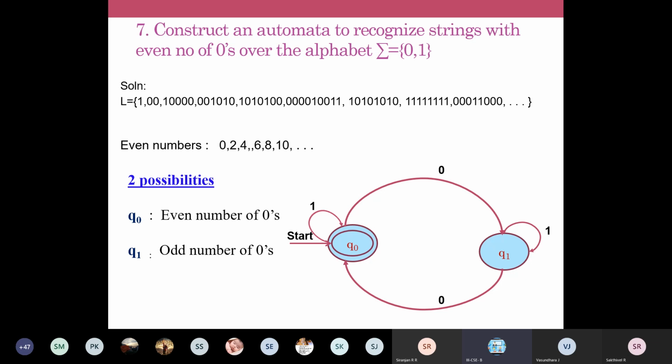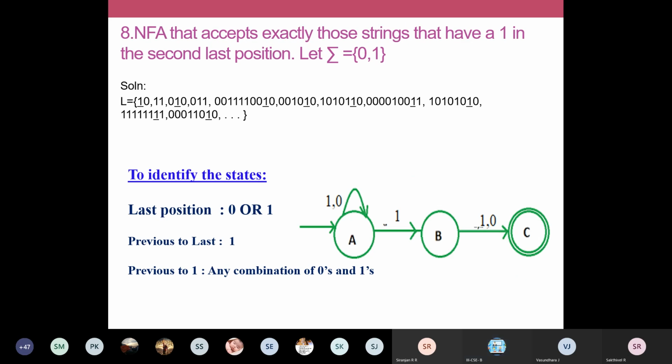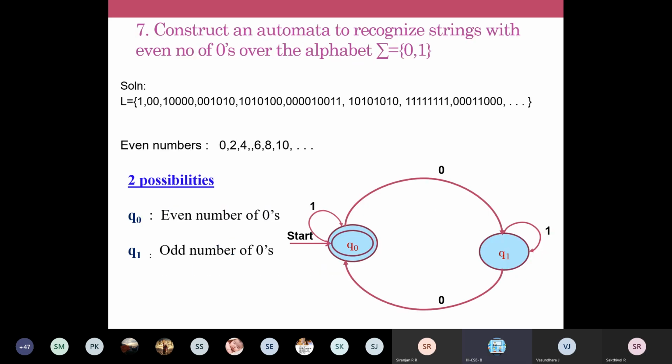You can have a 1 anywhere in between these numbers of zeros. That's why we're having a self loop in both these states.